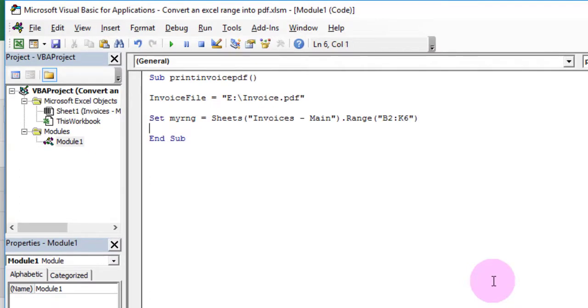This is hard coded, which means we have used the fixed range. Always the same range will get printed, that is what is our primary requirement.